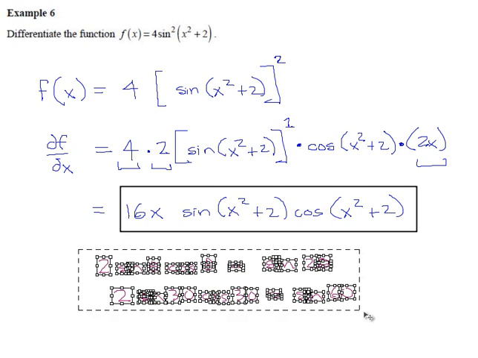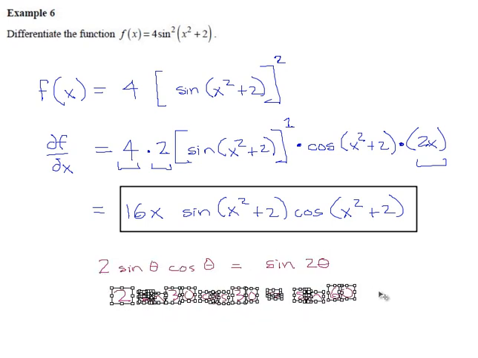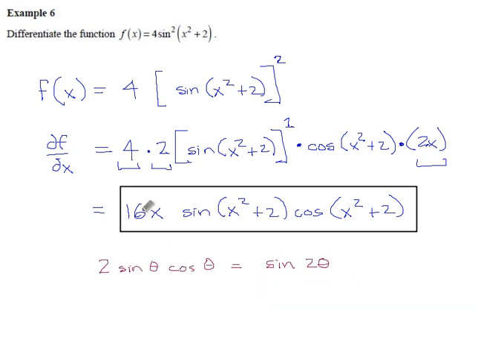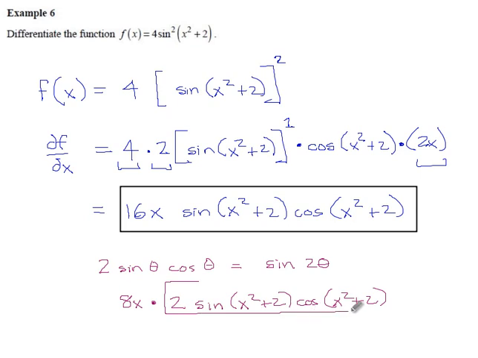So in this case, if we want to apply that identity, here's what you would do. We need to pull a 2 out of here, so we're going to end up with 8x times 2 sine of x squared plus 2 cosine of x squared plus 2. I pulled the 2 out because there's 1 in the formula. For this thing to work, we have to have 2 times sine of something times cosine of something. And once we have that, we can take this entire piece,